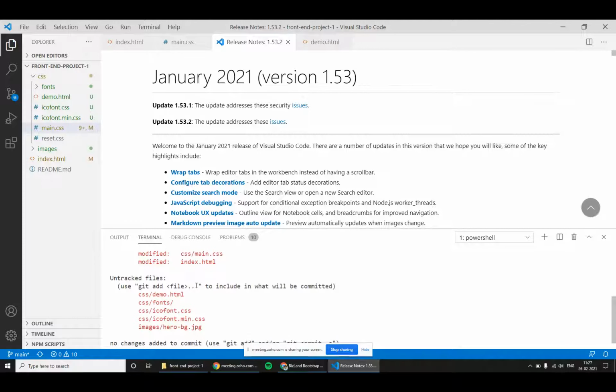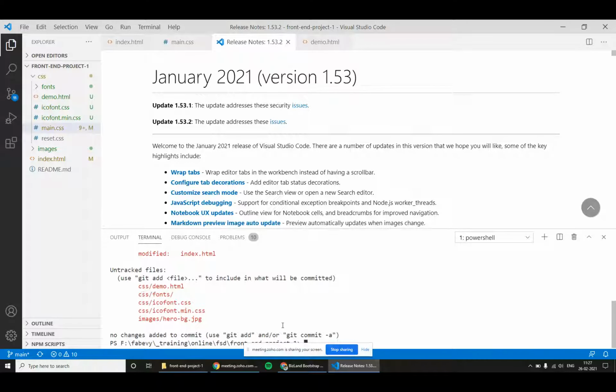Okay, I need to commit some files already. Let me commit so that I will have a track of before responsiveness and after responsiveness.